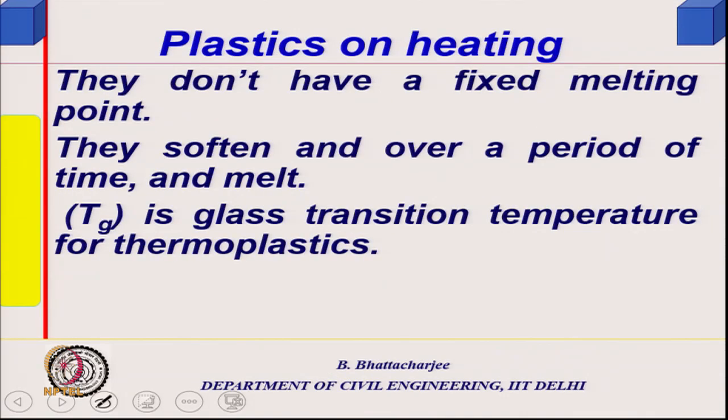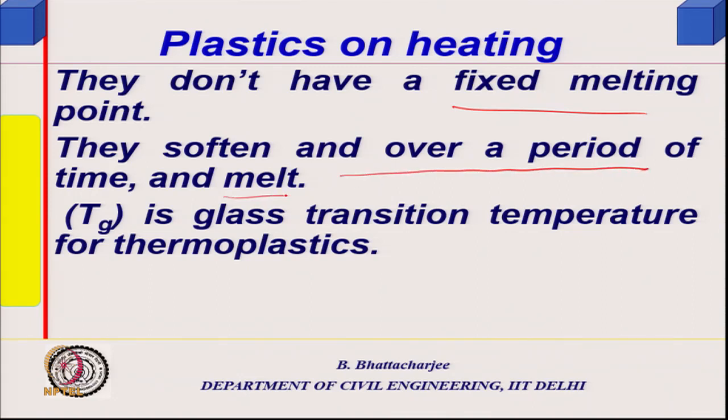Then plastics. Plastics do not have a fixed melting point, as I said, thermoplastics, I already mentioned them. Thermoplastics soften over a period of time and melt, and we call something like the glass transition temperature. Now, what is it? Actually, it is something like this. If you see the specific volume, which is nothing but 1 by density, as a function of temperature,